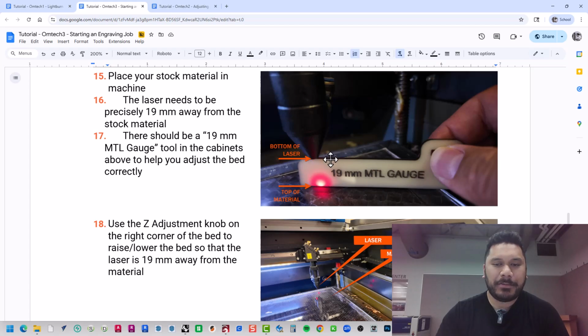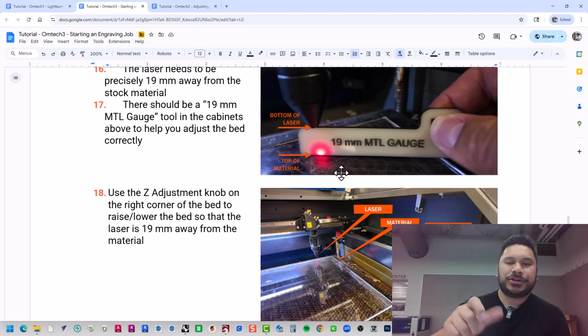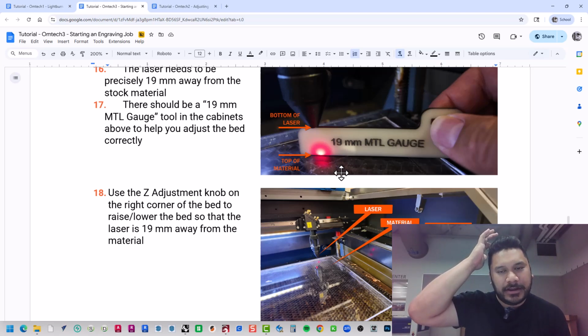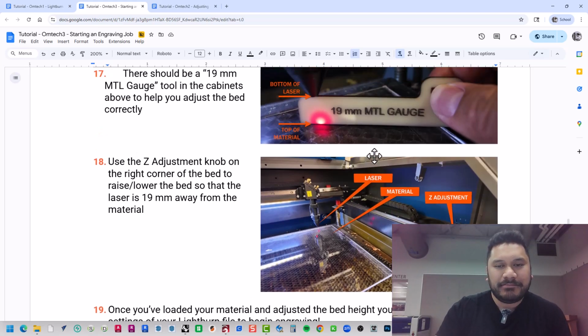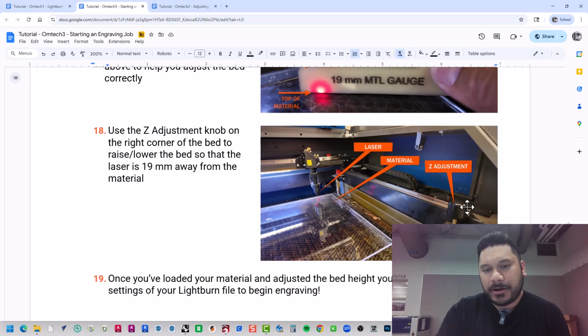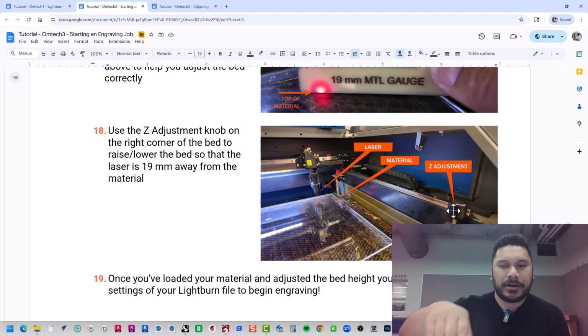So put your material in. Make sure the bed of the laser is raised or actually lowered low enough so that you can fit this little material gauge there, and it should just be a tight fit. It doesn't have to be super tight, but you're trying to get it so that the bottom of the laser is 19 millimeters away from the top of the material. This is the adjustment knob all the way on the far right. If you adjust it in one direction, the whole bed will drop. If you adjust it in the other direction, the bed will rise. So you're going to want to play with that so that you get that laser 19 millimeters away from your material. And once you're done with that, you can go ahead and get to LightBurn and start